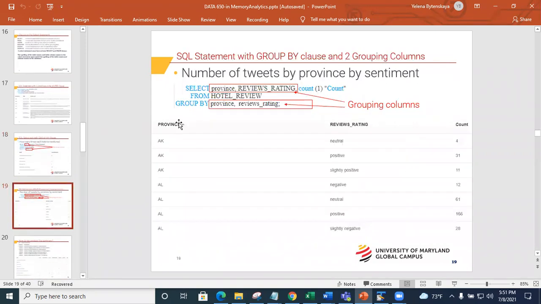Now this one is doing counts for the province and the rating. See, you have 2 grouping columns here. Every column that you use for grouping in a select clause must be listed in a group by clause, so this is what you see here.